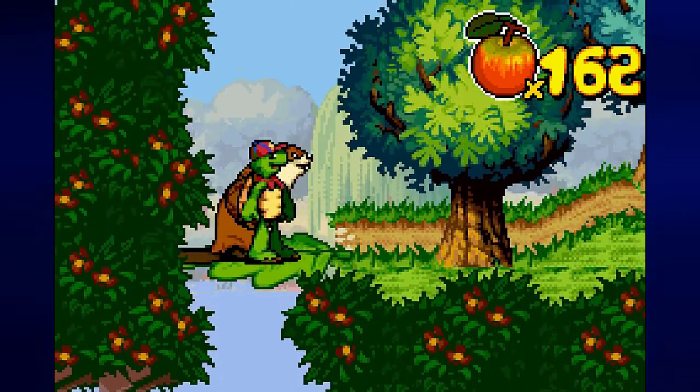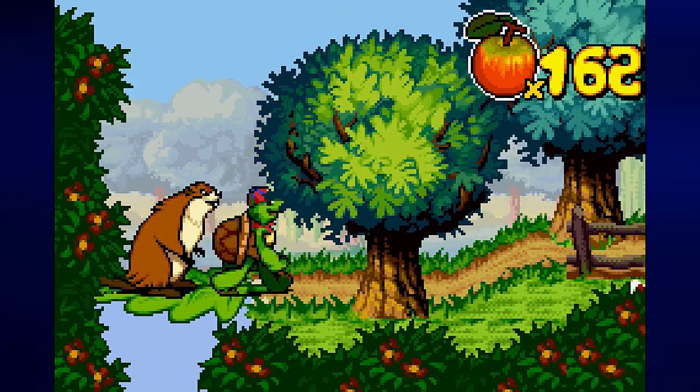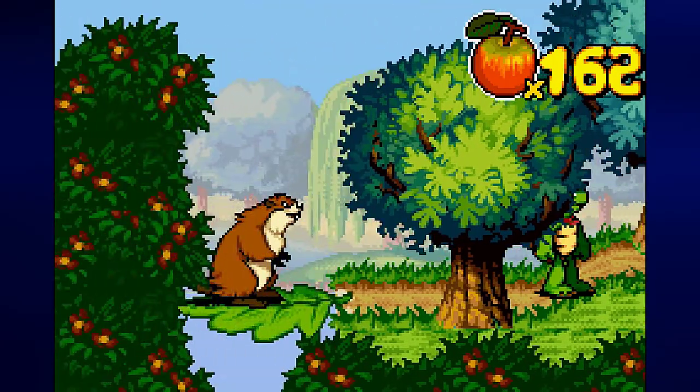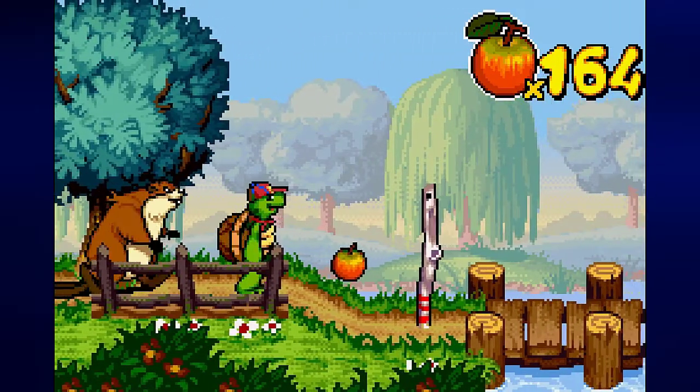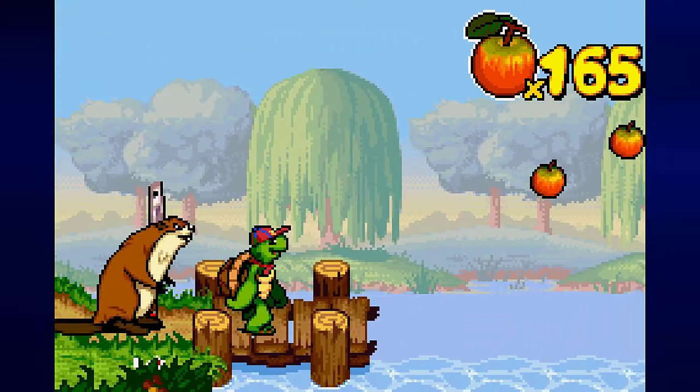And by getting both characters onto this leaf, we can move up. Now, to move both characters off the leaf, and then...